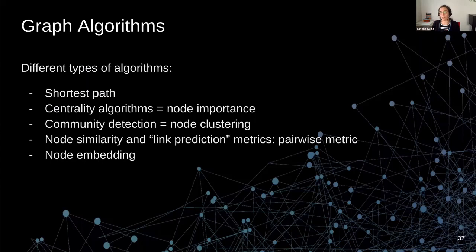So there are different types of algorithm when we talk about graph algorithms. One of them is the shortest path algorithm, which is maybe the first one that comes to mind when we think about graphs, but hopefully that's not the only one. There are what we call centrality algorithms. Centrality is used to measure node importance. Node importance is, for instance, how popular a person is on Twitter. That's one way to measure importance. Then we have community detection, which corresponds to node